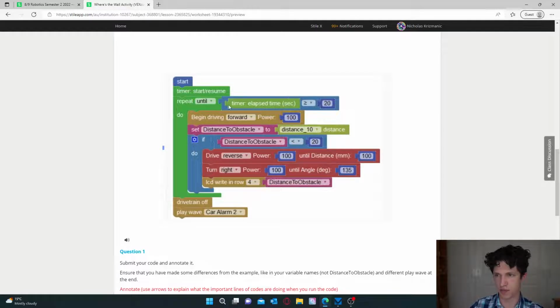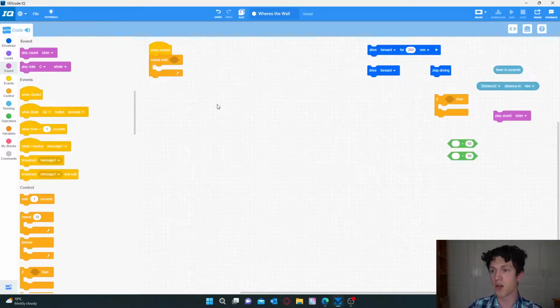In this code, it has repeat until timer elapsed, or the elapsed time in seconds is less than or equal to 20. So basically what this is saying is that it's going to repeat this block of code inside the repeat until it elapses, or 20 seconds is over. So that's what we're going to do. We need to repeat until,